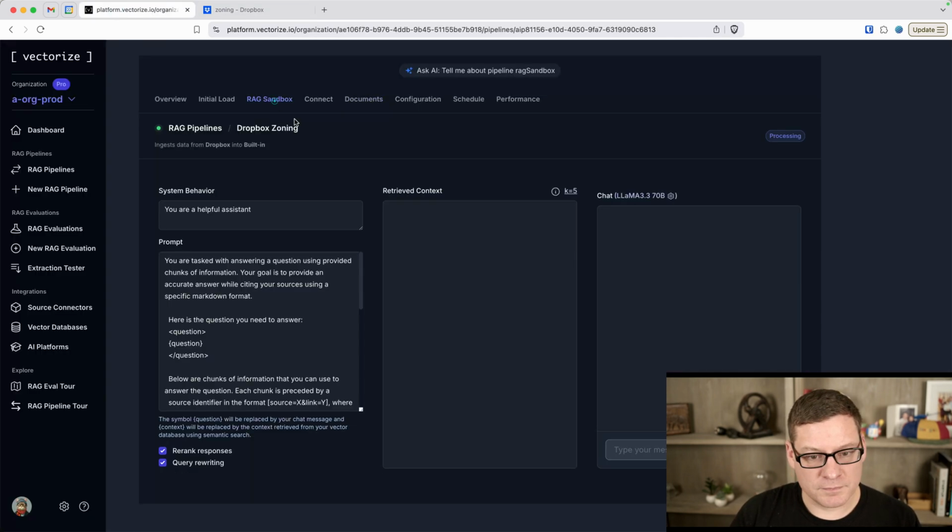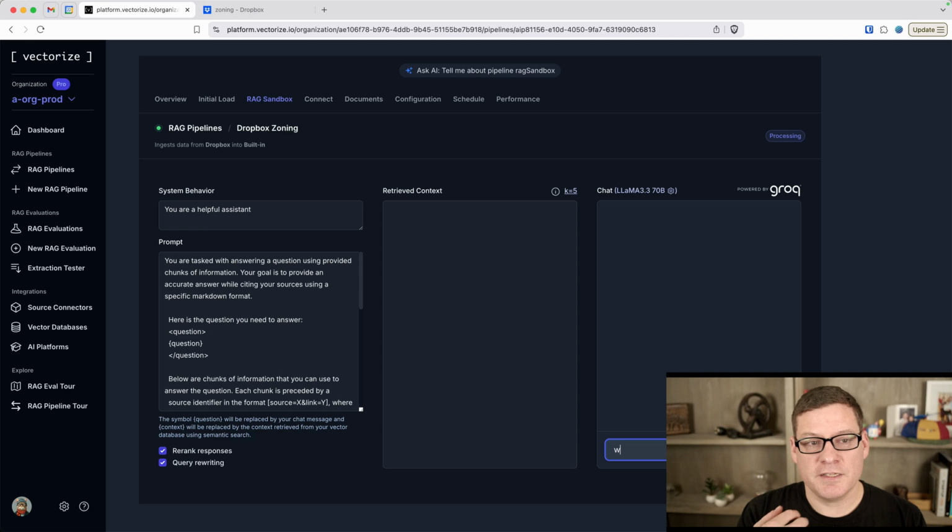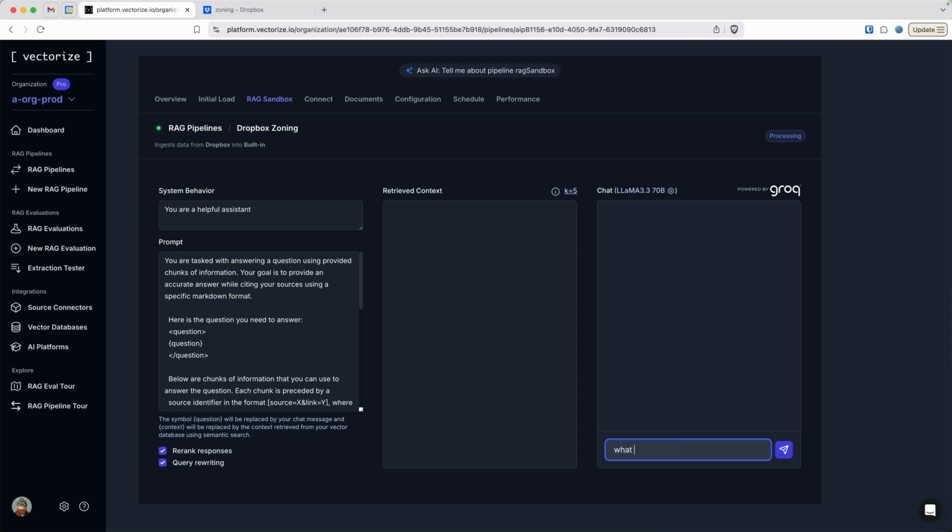Okay. So let's say in the RAG sandbox here, this is a nice little interactive tool. This lets us take our vector data and start playing around with it before we go and build a full application, and figure out the best prompt to use and the best way to configure our retrieval settings here, for example. So what are some limitations on